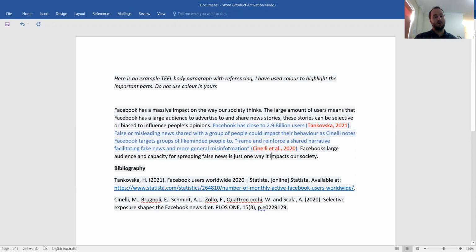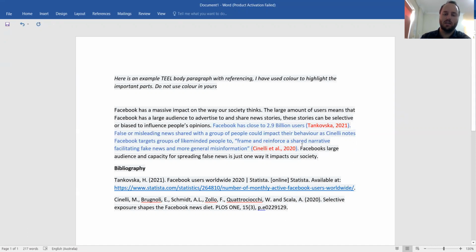Just like my first one, I Googled, I found this website, I took the web address, I put it into the Harvard generator, and it gave me the reference in full. You'll notice with this one, there are lots of authors. When you have lots of authors, you just have the first author, then et al., and again, the year.